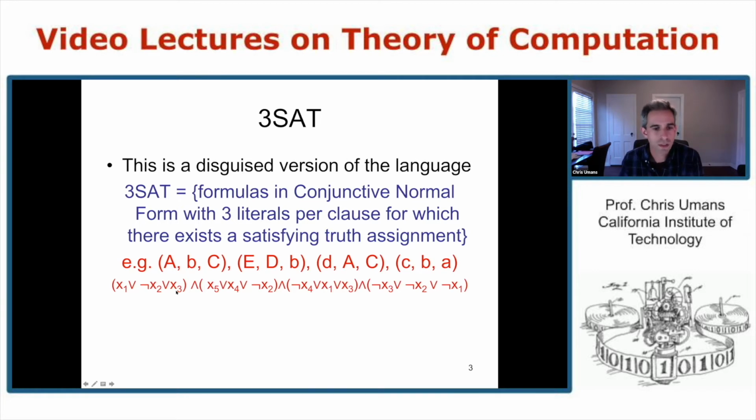Okay, so given such a formula, the 3SAT language consists of those formulas for which there is a truth assignment to the variables that causes this whole expression to evaluate to true, a satisfying truth assignment. Now I'm claiming that that is the same thing as the puzzle problem that we identified on the previous slide. That is to say, if you have an instance of the puzzle problem,